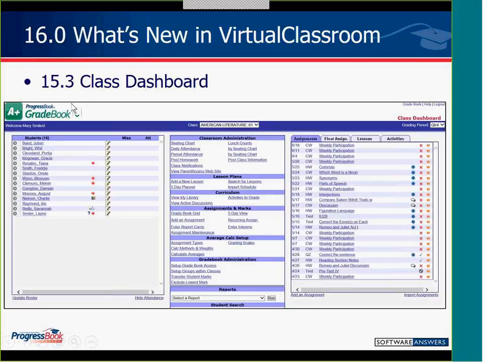Previously, when a teacher was in their class dashboard, you saw the book logo up here on the top left, as well as to navigate for your Virtual Classroom features, you have this curriculum section with My Library, View Active Discussions, and Activities to Grade. Then the icons over here on the right that indicated that that assignment is tied to an online activity or